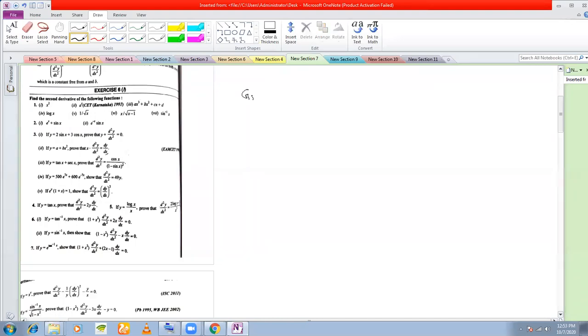So given y is equal to 500 e to the power of 7x plus 600 e to the power of minus 7x. You need to show that d2y dx2 is equal to 49y. This is very similar to 3-1. Remember I told you 3-1? I showed you 3-1 last day. It's very similar. So you differentiate, dy dx is equal to